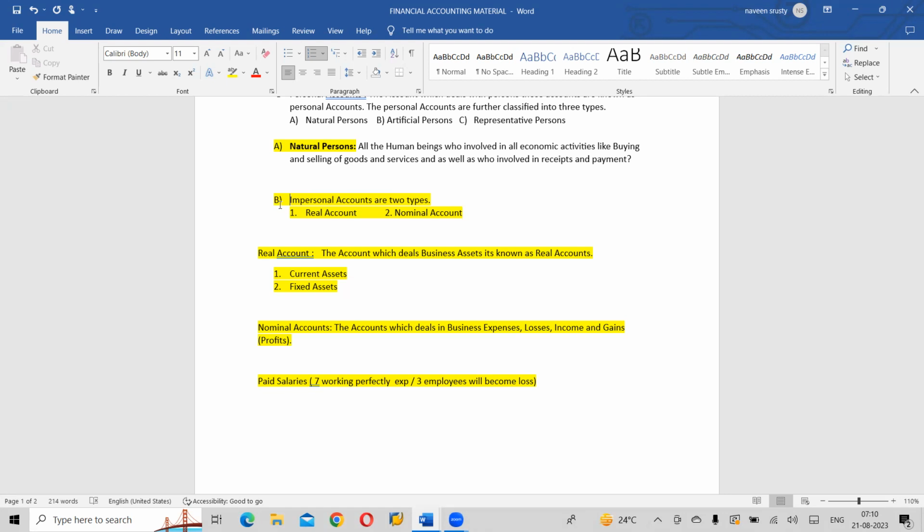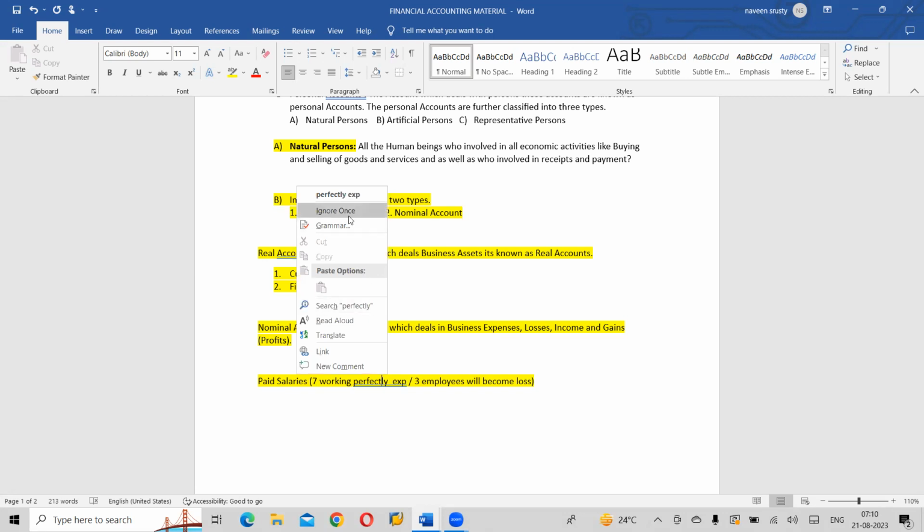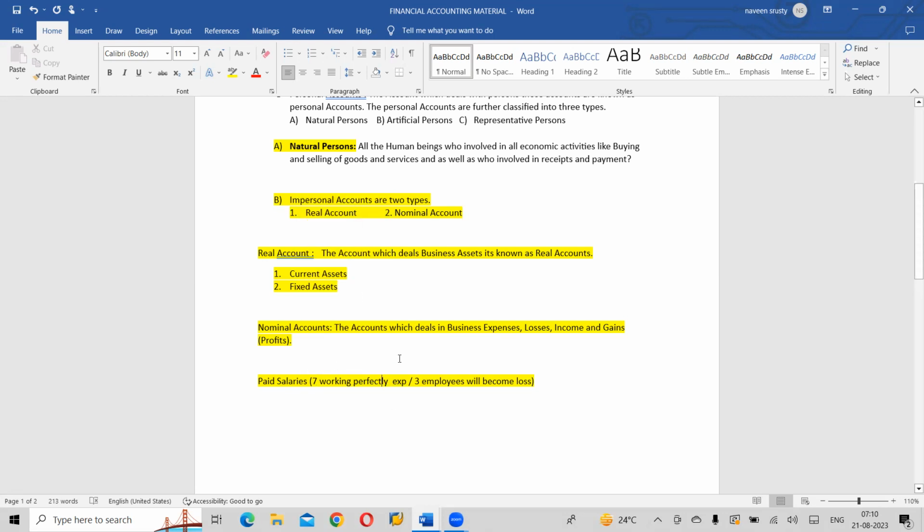And it can be a loss for me also. Which one? I didn't get you. Can you please come again? The last example that you gave us, that if I procure a building for a coaching, and due to COVID, I was not able to utilize that building or the premises. So in that sense, that can be an expense for me. Why can it be a loss for me? It's a loss, not an expense. Because I'm just putting my money, so it is an expense for me. It's not a revenue for me.